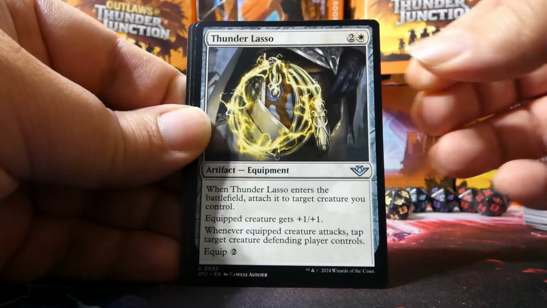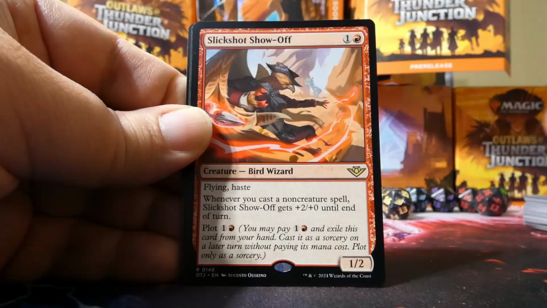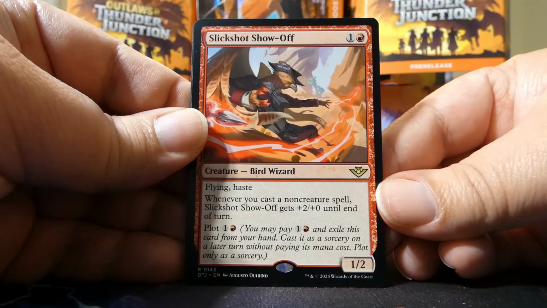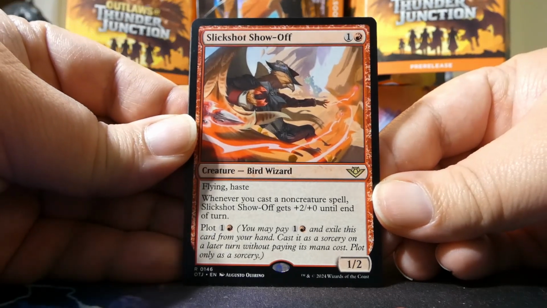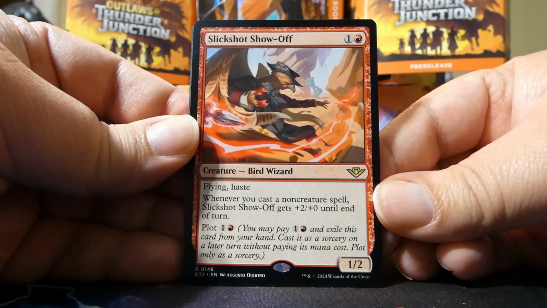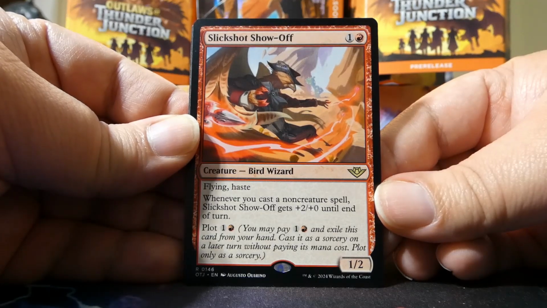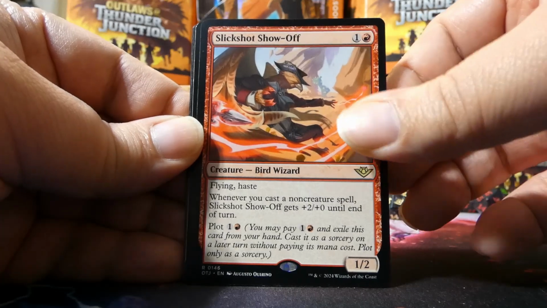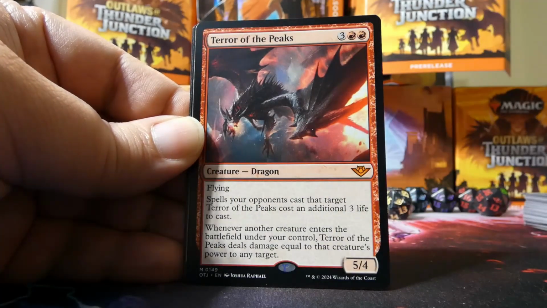And behind it we have... Ooh, another red rare, huh? In Slick Shot Show Off. Very, very nice. A bird wizard with flying and haste. I mean, I talked about good flyers. This is an example of that. Our breaking news card behind it is...